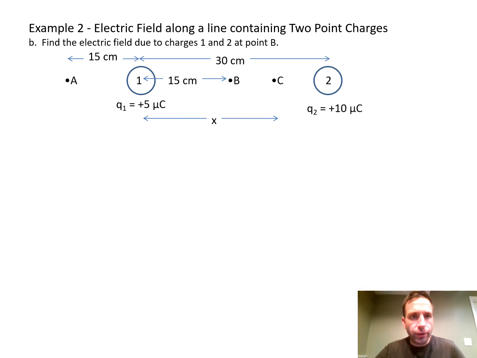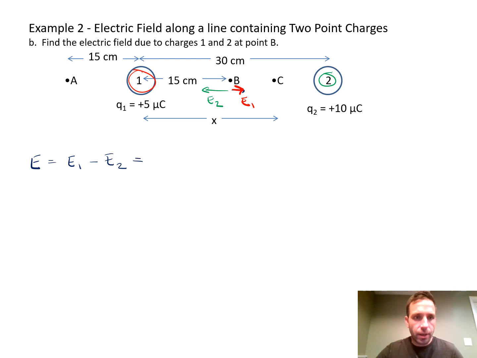Now we're asked to find the electric field due to charges 1 and 2 at point B. So at point B, directly in between these two positive charges, E1, if I make that the electric field created by charge 1, will be smaller than the electric field from charge 2 because that point is equidistant to both the charges, but charge 2 has a larger magnitude, larger charge. So I think my answer should turn out to be negative, indicating that the total electric field is to the left. So to find that total electric field, I'll write E1 because it's to the right, minus E2 because it's